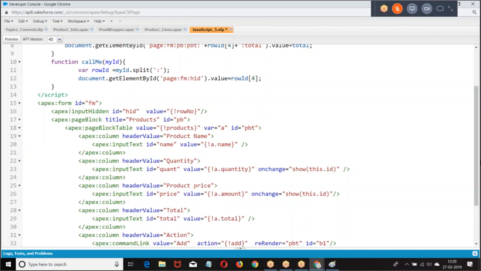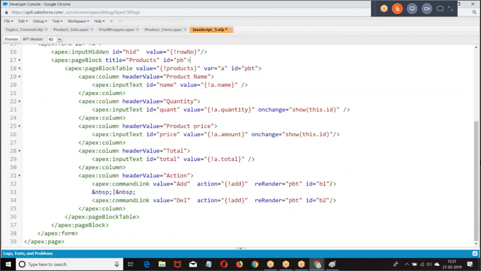Now if I set the value to this element, automatically you are setting the value of the row number variable. So on whichever row I clicked, that row number I am saving in the variable called row number. Go back here. Then I have to say